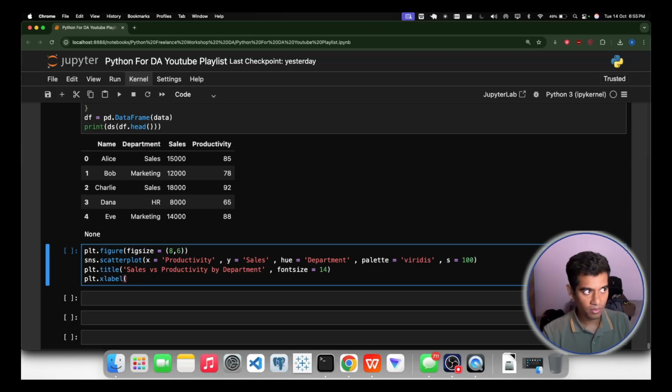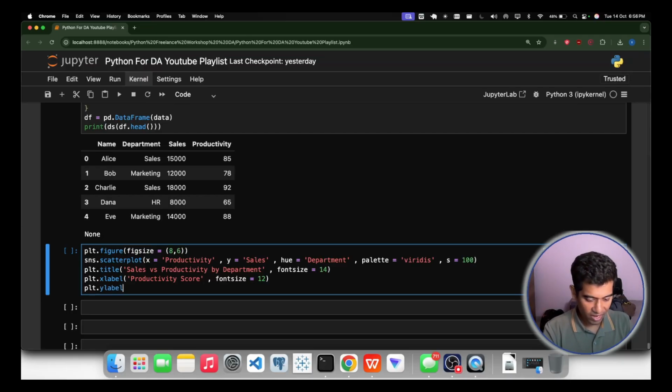What should we give as x label? The name of x label is nothing but the name written on the x axis, that's it. So we will write productivity, as we have given productivity here, that's why I'm saying productivity score or productivity points. And font size we will give 12. Whenever you are giving any string, because these are all strings, here commas are there, that's why when you give any string always remember to give the font size. Okay,